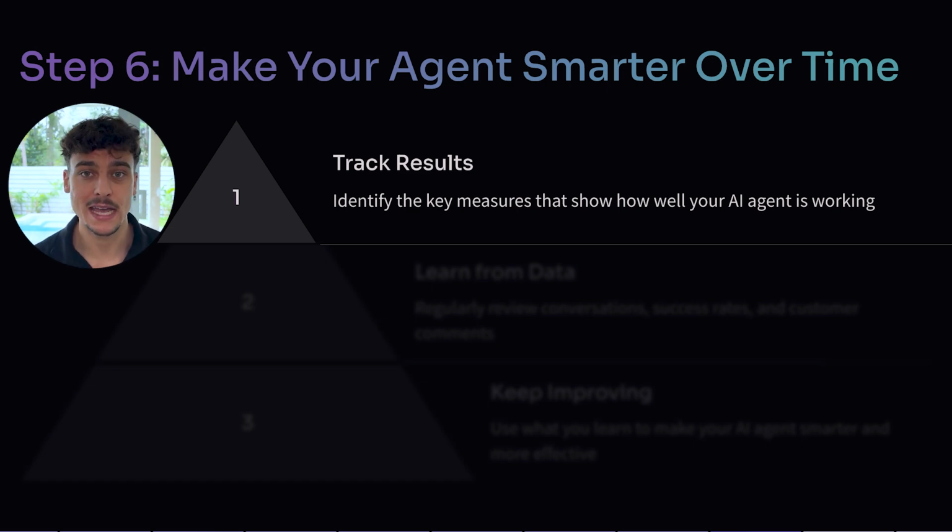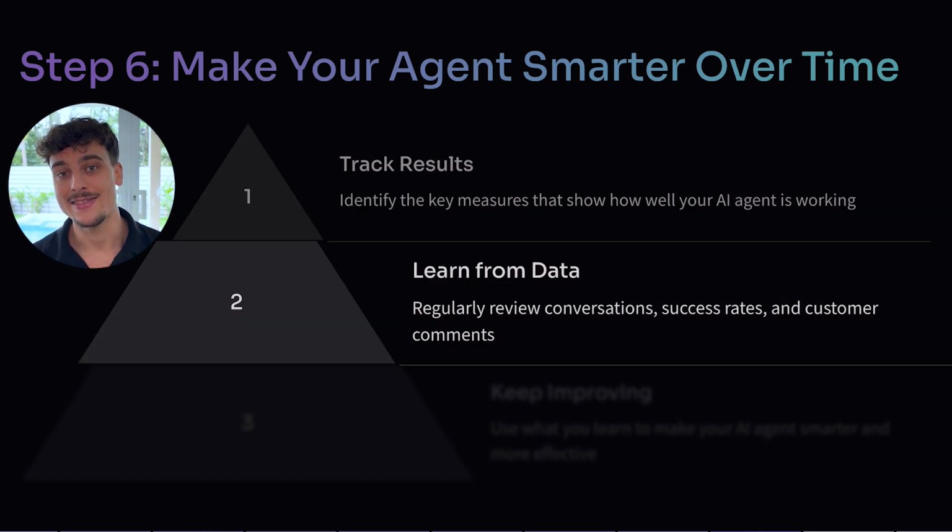Very similar to a human agent, but the benefit is you only need to do it once with an AI sales agent. You need to learn from data. And that is not just data which is presented to you in an obvious way, but you also need to check conversations, actually see how the AI is behaving, see how it's handling objections. Maybe check some conversations of actual calls that were booked. What went well? Iterate on that. What didn't go well with conversations which maybe didn't end up in a booking. Actually diving deep and analyzing specifics of how the AI is behaving is going to work wonders for your AI